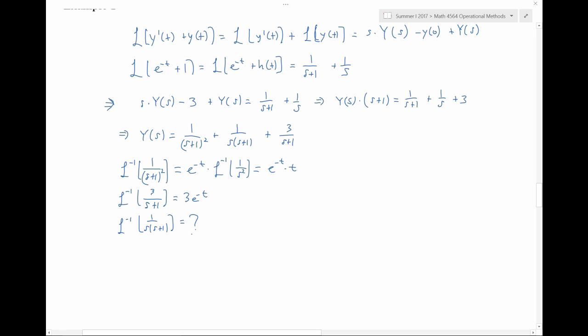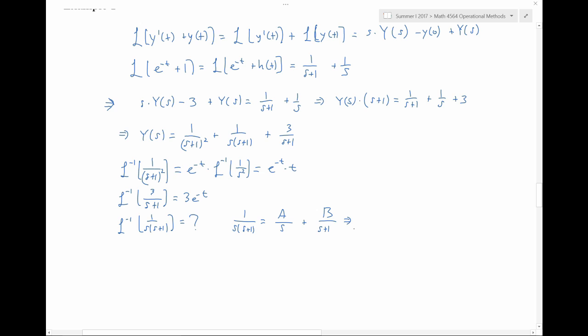Because we've never seen a function that has a Laplace transform of this form. Well, if you remember from calculus, when you're integrating fractions like that, you broke them into simpler fractions. And that's what we're going to do. We can assume that 1 over s times s plus 1 can be broken into two fractions, a over s plus b over s plus 1,